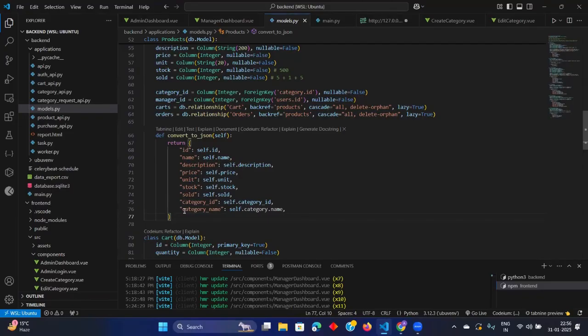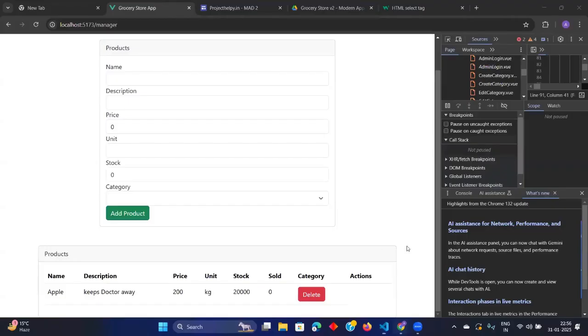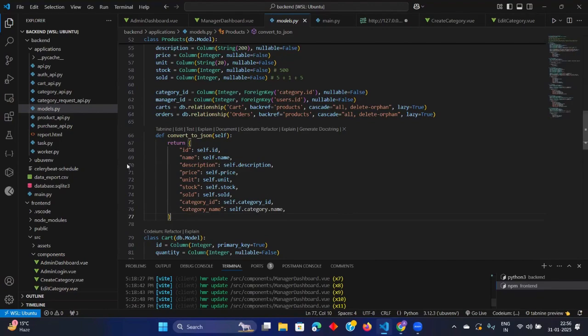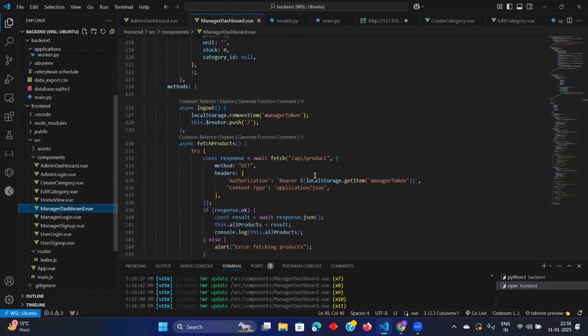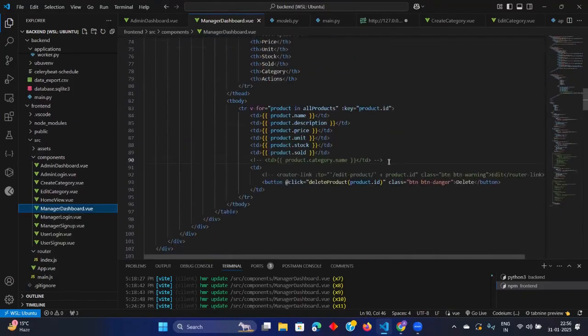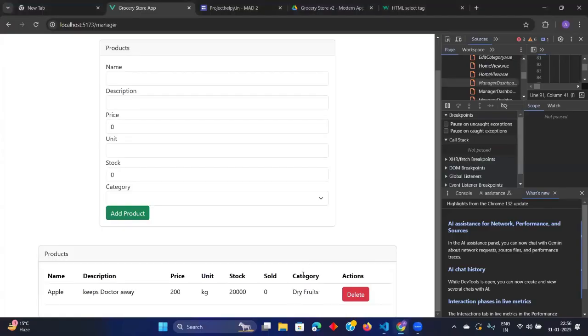You have to write product.category_name instead of product.category.name. So the issue was from here. We have written it in the manager dashboard, and let us comment this category_name. Now it will show as usual. Okay, clear? Is it clear? Yes, yes, clear.